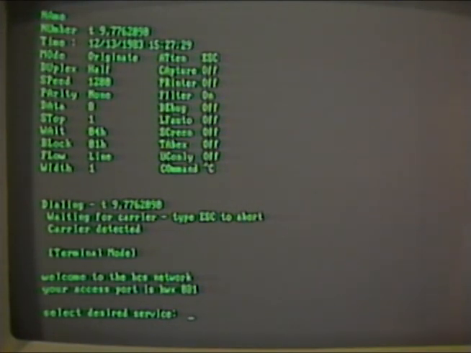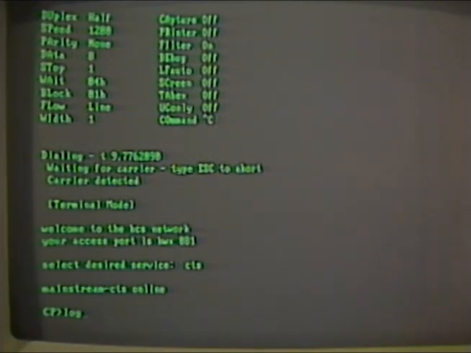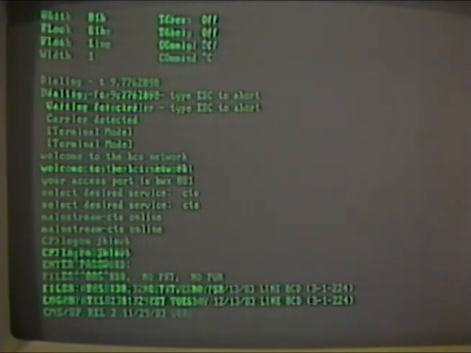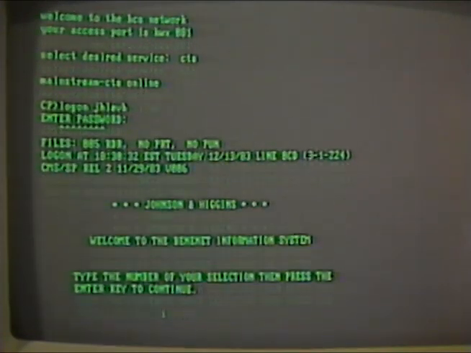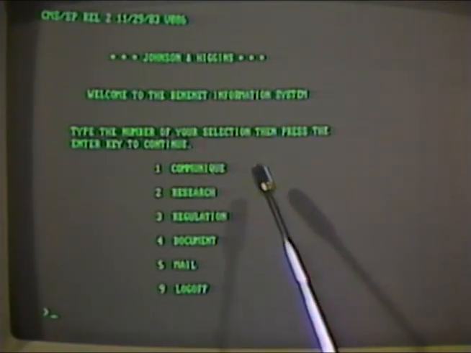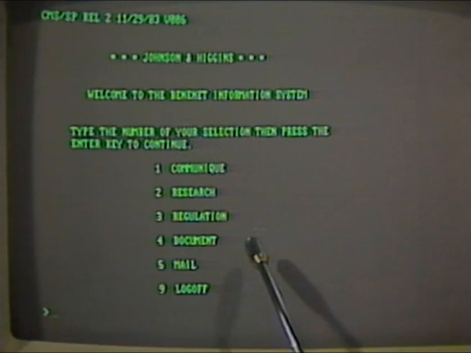We now follow the normal log-on procedures for entering into the Boeing system, which would include typing CTS and log on and our ID. We are now requested for our password. And we are now into the Benenet information system. As you can see, we have the ability to link to any of the 4 library channels or to the mail channel. To complete the sending of this document to Paul Mead, we will type 5,